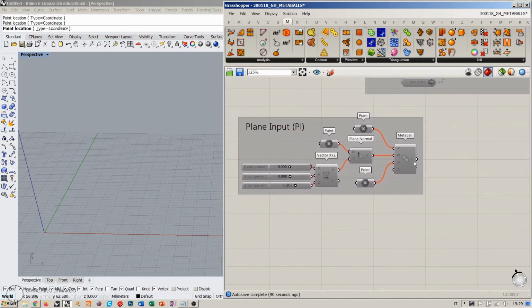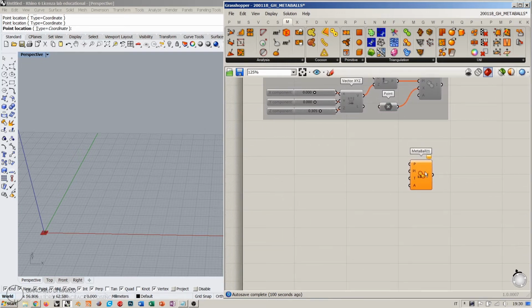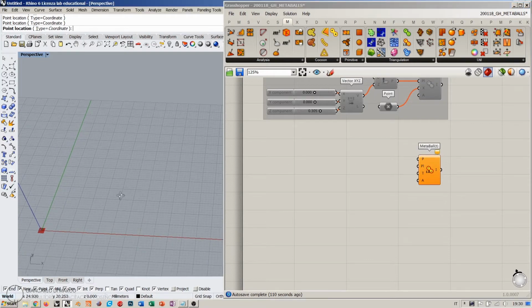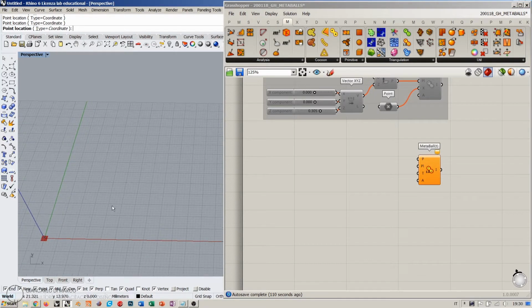Now, I am not going to work with the standard Metaball, because it's useless to have a physical reference like an intersection point in order to create the curves. I prefer to work with the Metaball T with a threshold. So I will use now a different set of points. For example, let's